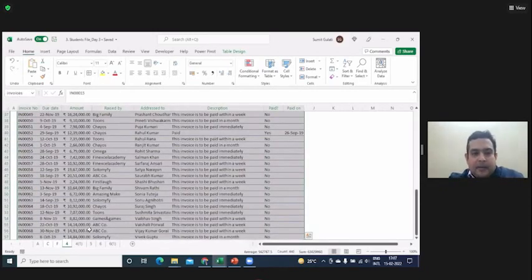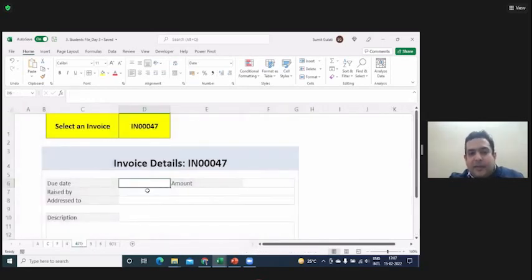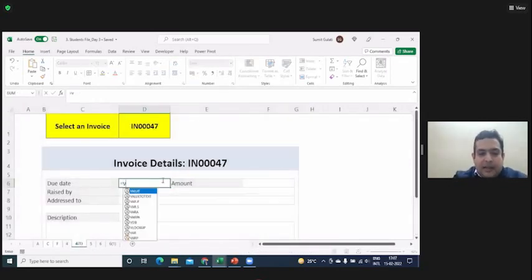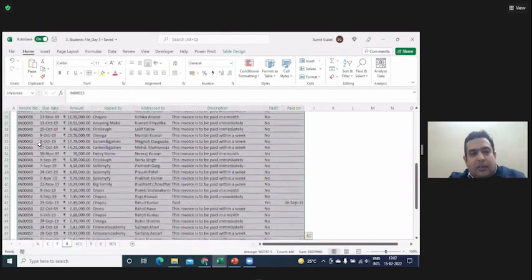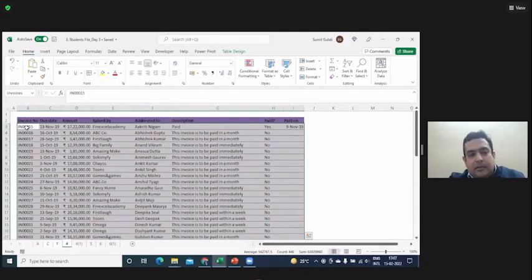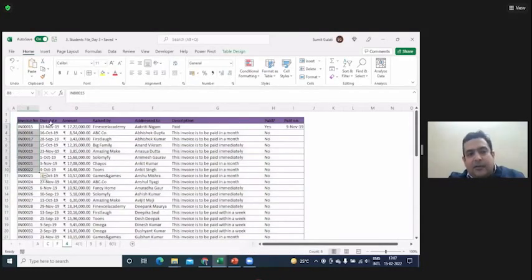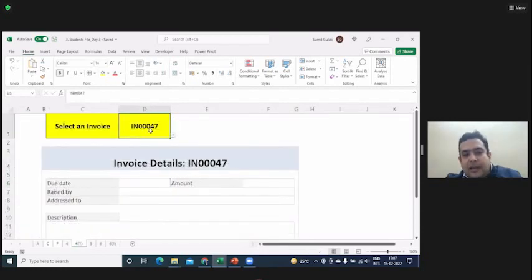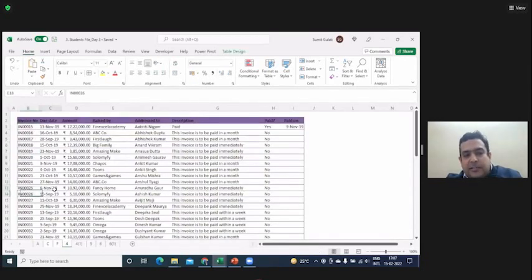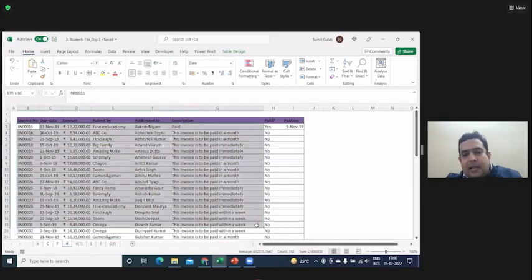But if I have to bring in the due date, how do I bring it in? Tell me whether I use VLOOKUP. First tell me, in this data, in which column is your due date? I look for the invoice number. From which column do I have to retrieve? The second one, the second column, because we search for the invoice number. Whatever invoice I choose here, IN 00047, its due date is what we need. I'll select the complete array, yes. So the column index number is 2, where the due date is.